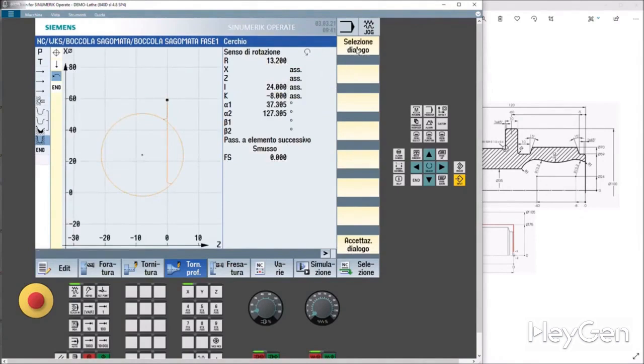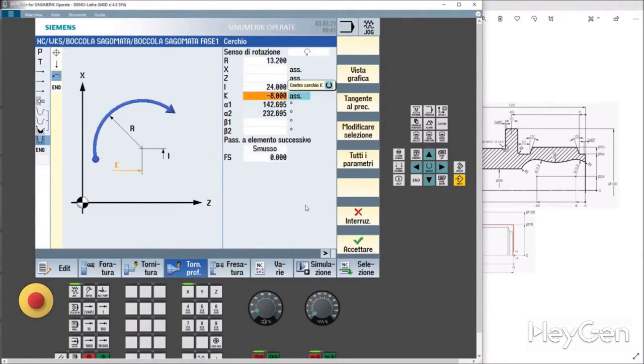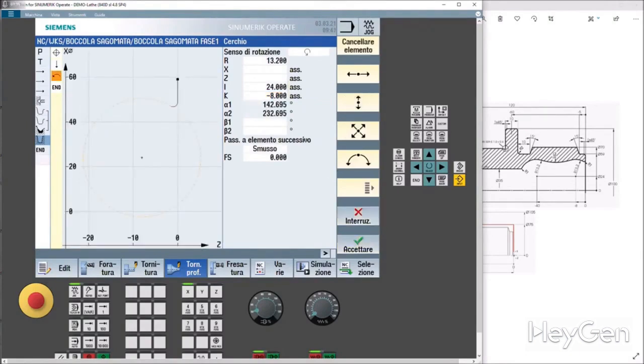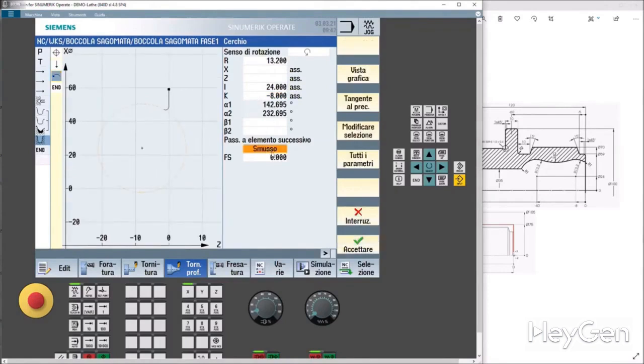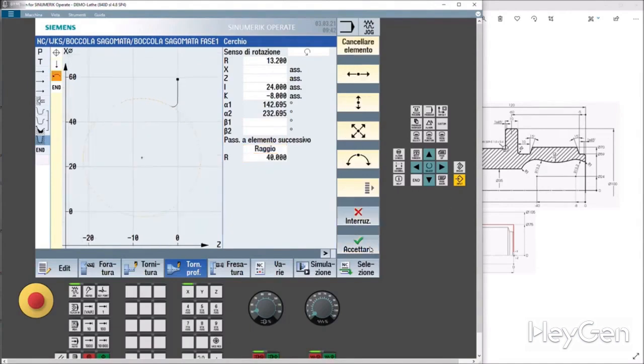Selection, dialog. There's something that doesn't add up. Here it is, selection, dialog. Look here. You see where connection, accept dialog. Perfect. We accept. Actually, we don't accept it because we didn't tell it one thing, the bevel. You see, I'll finish with a connection of 40. And we accept it. Perfect.